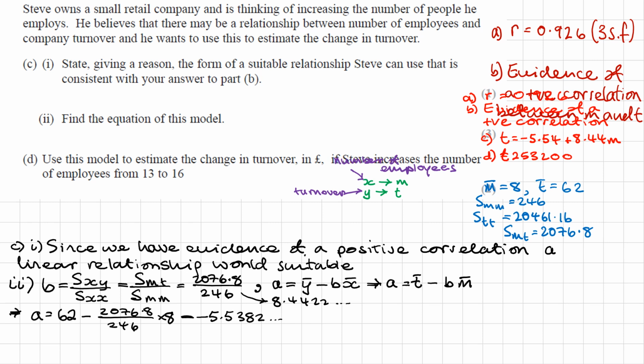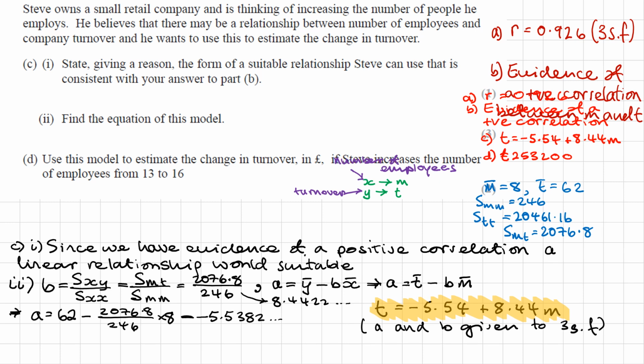So it's going to be T, which is the turnover, is equal to A, and I'm going to give these to 3 significant figures. So negative 5.54 plus b times m, so plus 8.44 m. So there's my answer for this bit, and I'll just put a note here that A and B are given to three significant figures. And part D